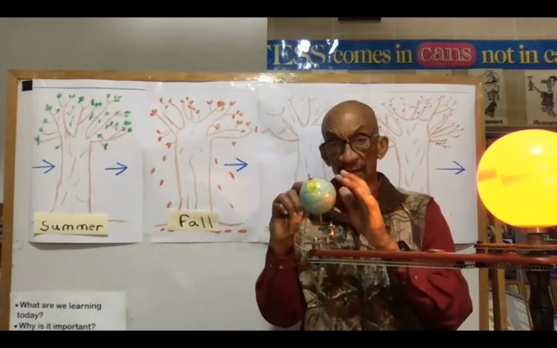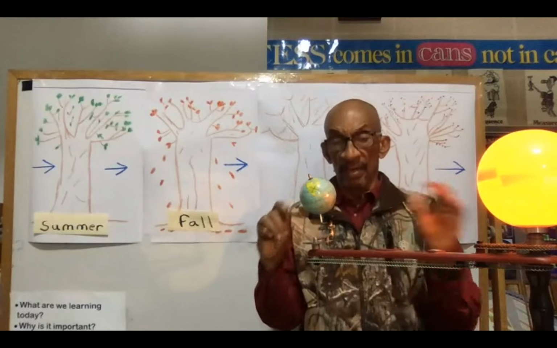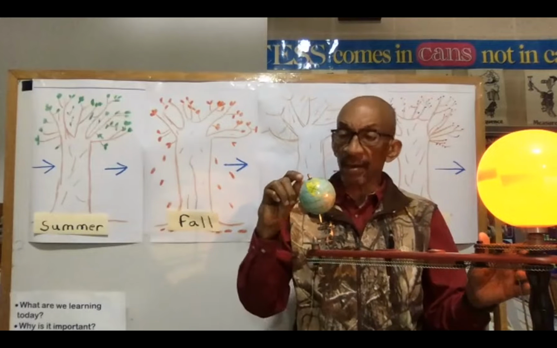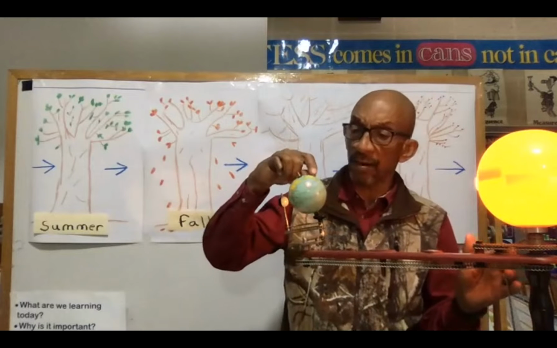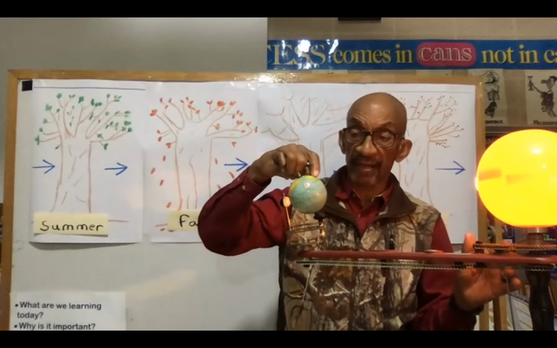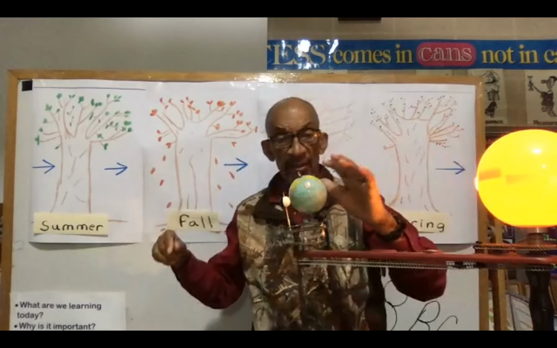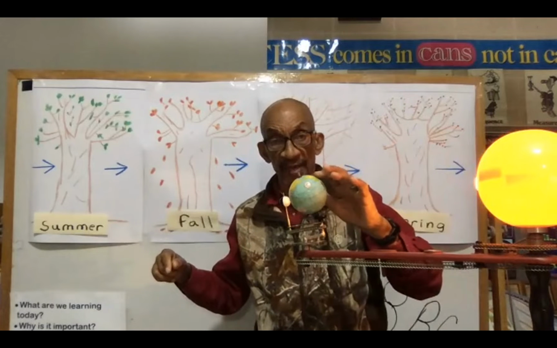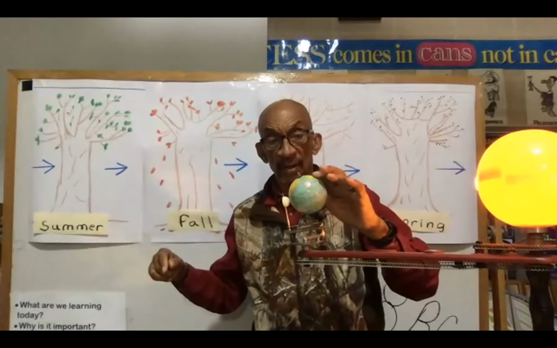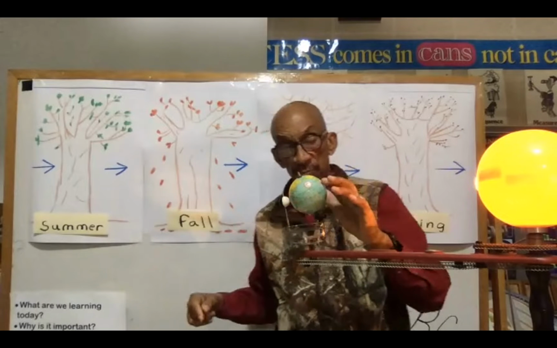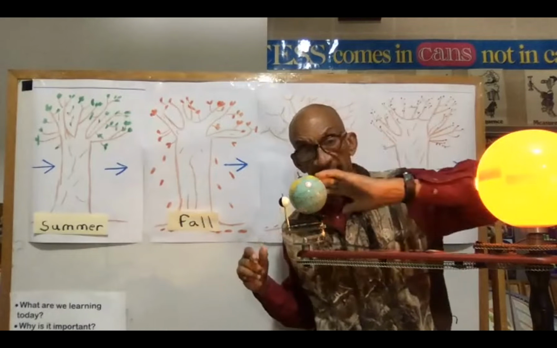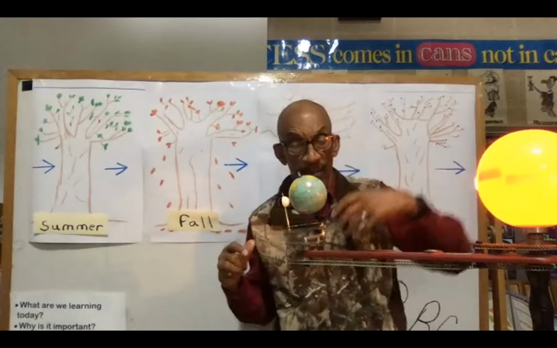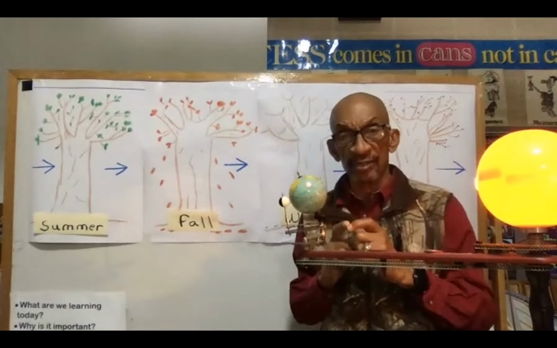And that tilt never changes. Now, at some point, I've got the United States marked here. Right there is the United States. Right now, the sun is really giving a lot of light and heat energy to the United States. So at this point, as the planet Earth is revolving or orbiting around the sun, we are in the season